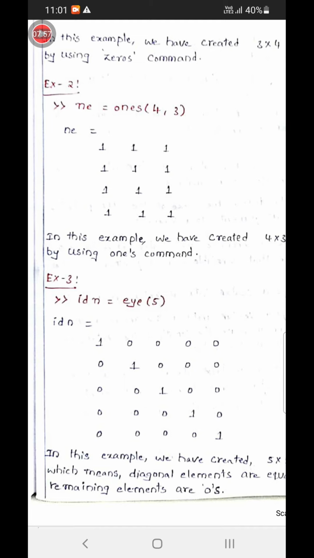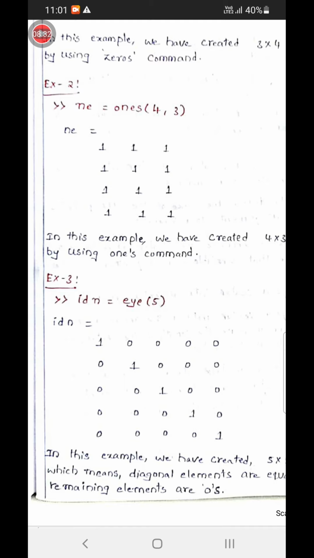Here this 5 represents n equal to 5, which means 5 rows and 5 columns, where all the diagonal elements are going to be 1 and the rest of the elements are going to be zeros. That is the meaning of this command. The eye command creates the identity matrix.